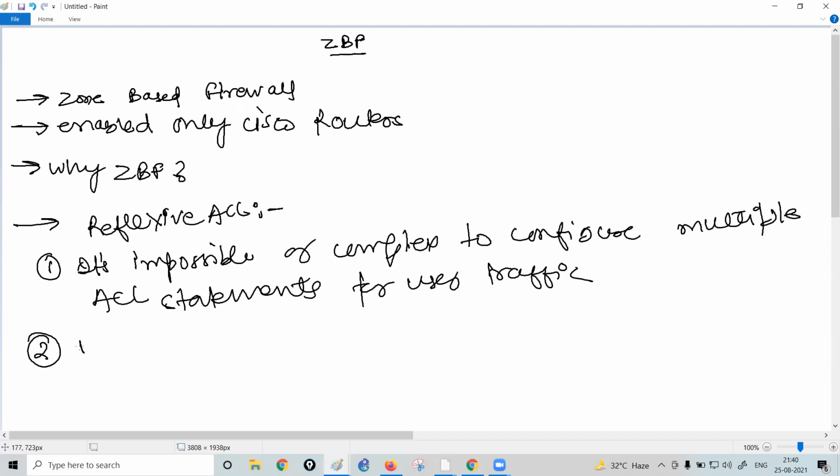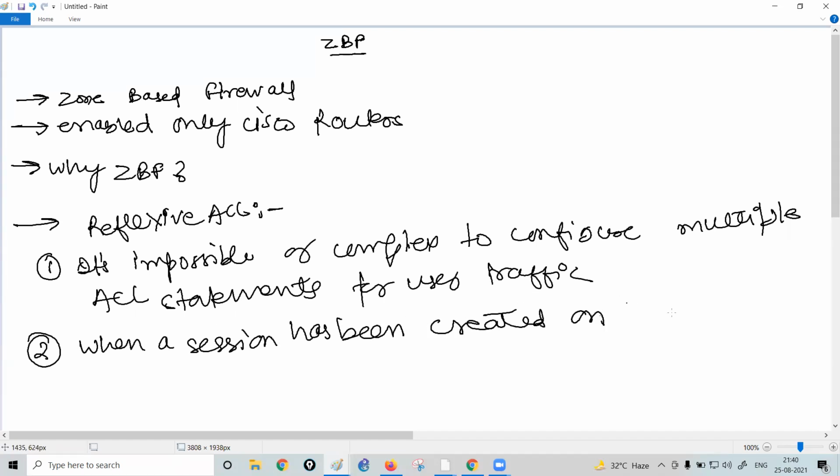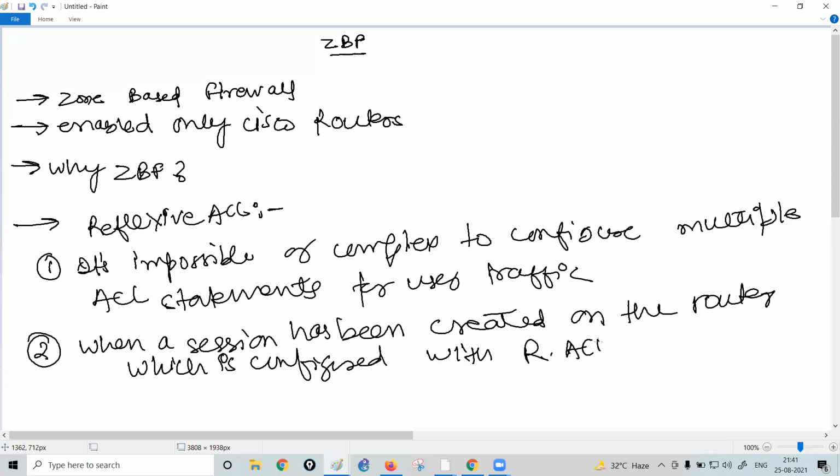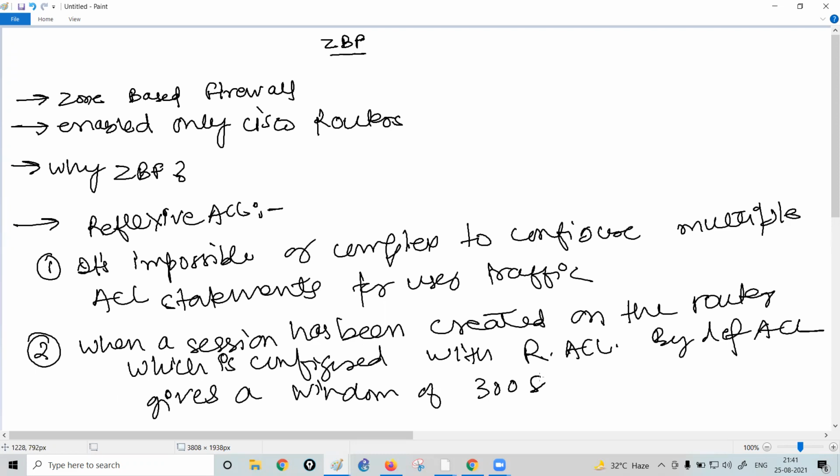Also, when a session has been created on the router which is configured with reflexive ACL, by default reflexive ACL gives a window of 300 seconds.